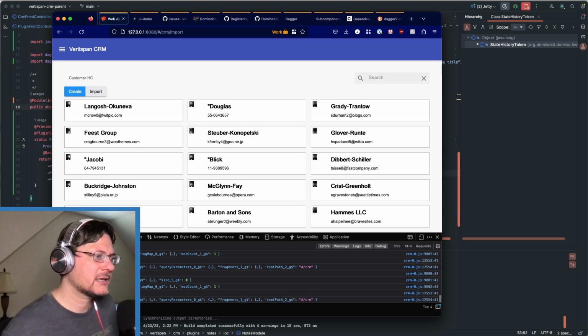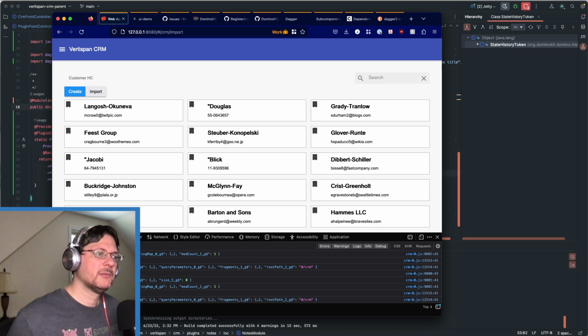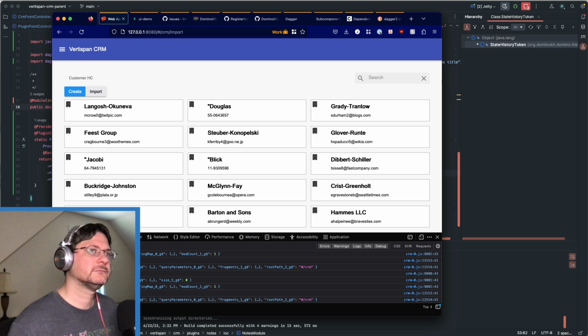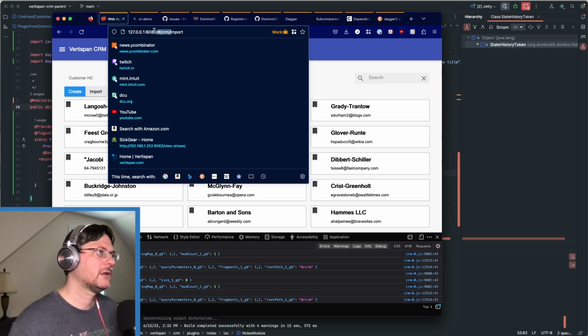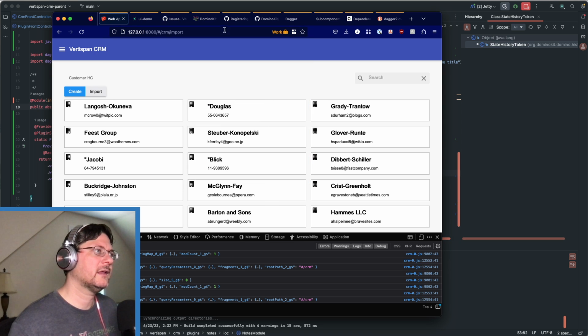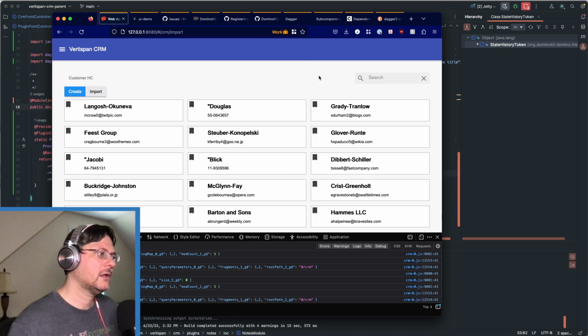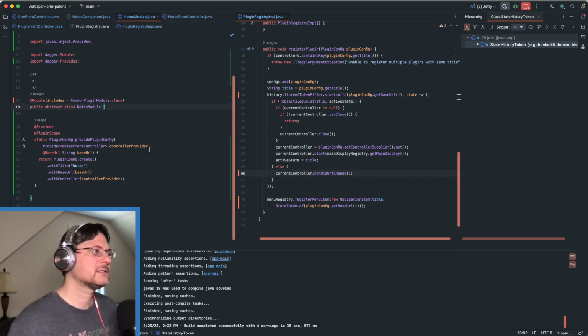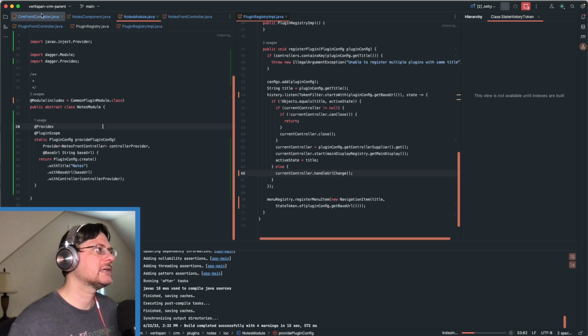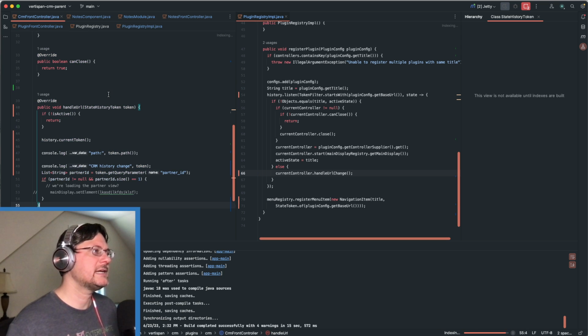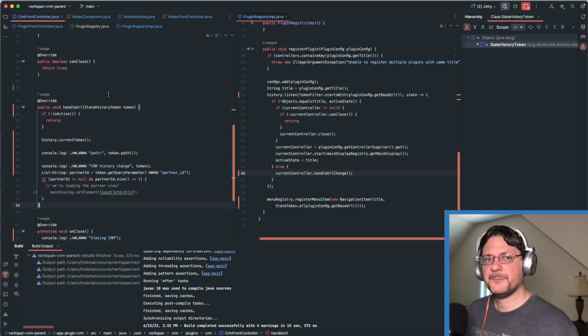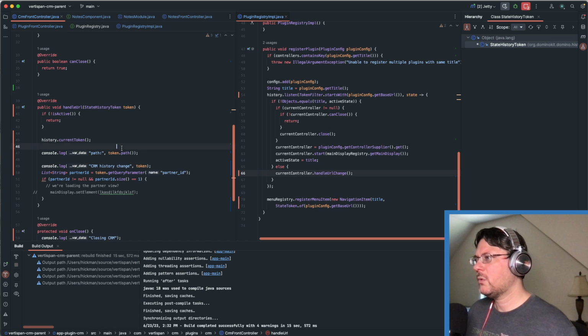So now it's actually able to pull off the appropriate prefix, so we don't have to worry about the CRM or anything in it. It's basically going to be everything after our base URL, which is very nice because now, inside of our CRM front controller, if I wanted to